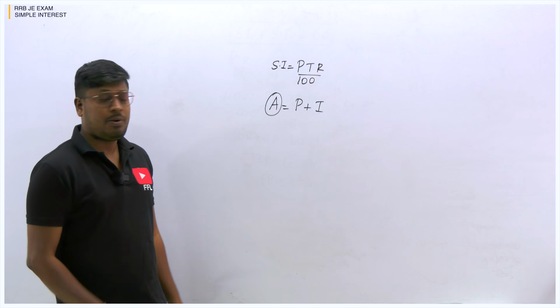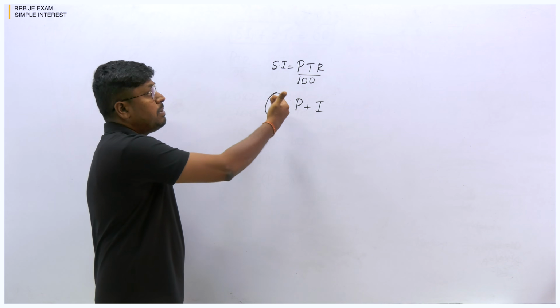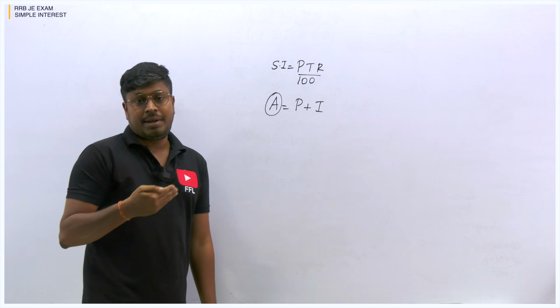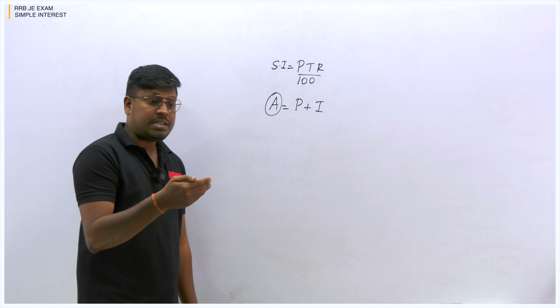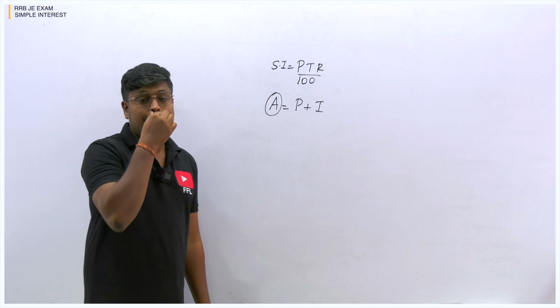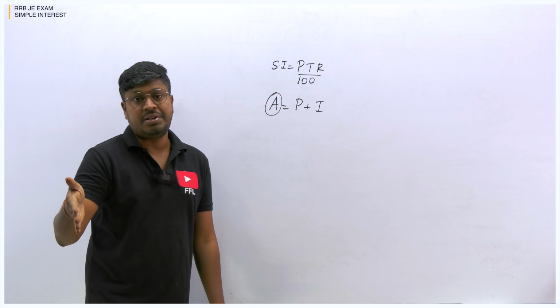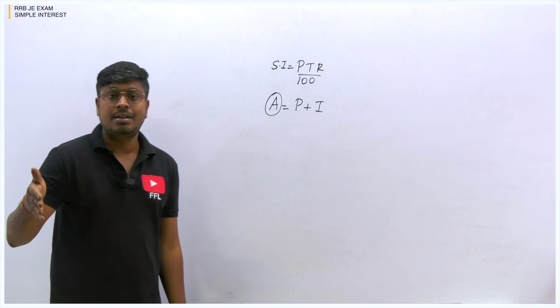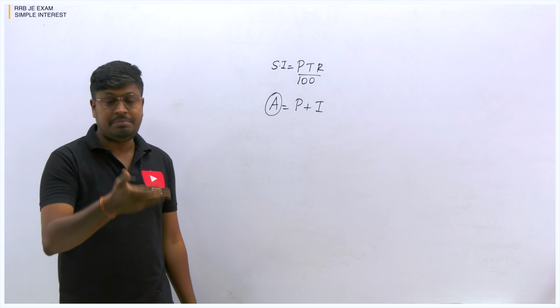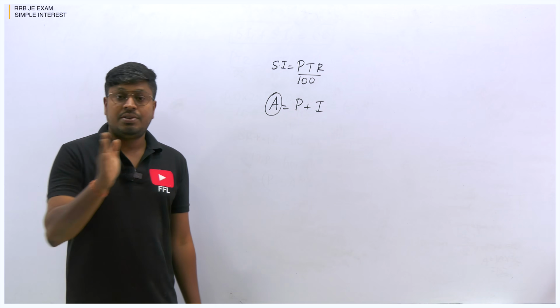I hope you already watched the simple interest video. So now getting into the topic, let's have a quick recall of simple interest. In simple interest, we have three important words in the question. One is principal, the second is rate of interest, and the third is time duration. Based upon these, our target is to find the simple interest or the overall amount, depending on the question. So first, principal.